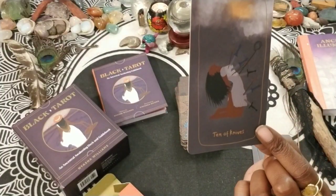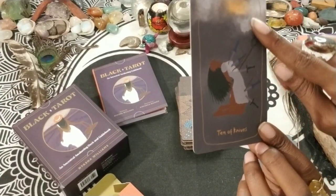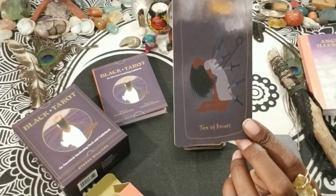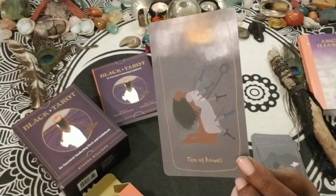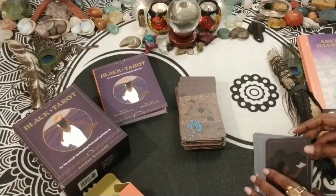10 of Knives. Wow. Wow, and look at that. It's almost smoke-filled, and you can either see that's flames in the distance or the sun rising. Makes for an interesting read, I think. Then we have